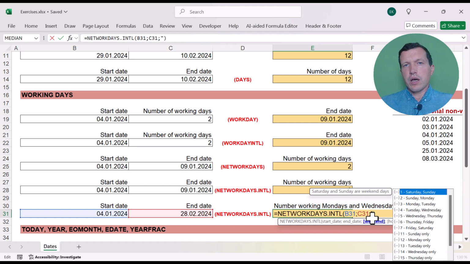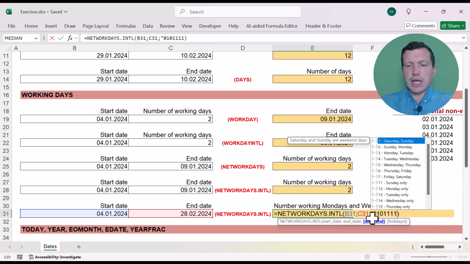So we need only Mondays and Wednesdays. That is why I'm going to type 0, it's Monday, then Tuesday. Tuesday I don't need to count, so it means that I need to input 1, then Wednesday, 0, and my remaining 4 days in the week should be non-countable, should be like holidays in our example. That is why I'm going to input 4 consecutive ones,